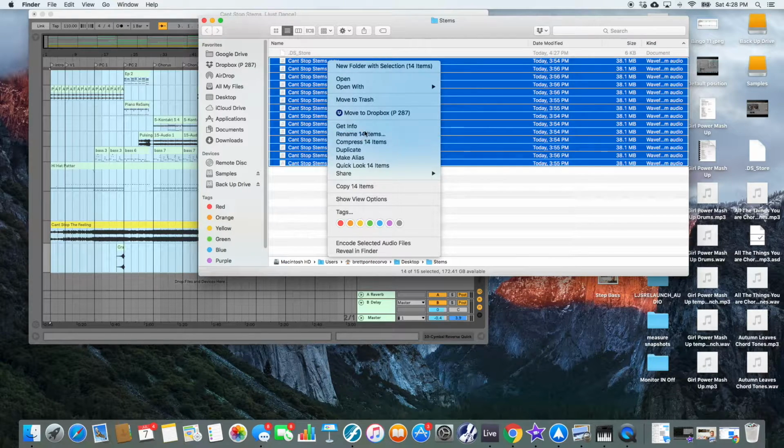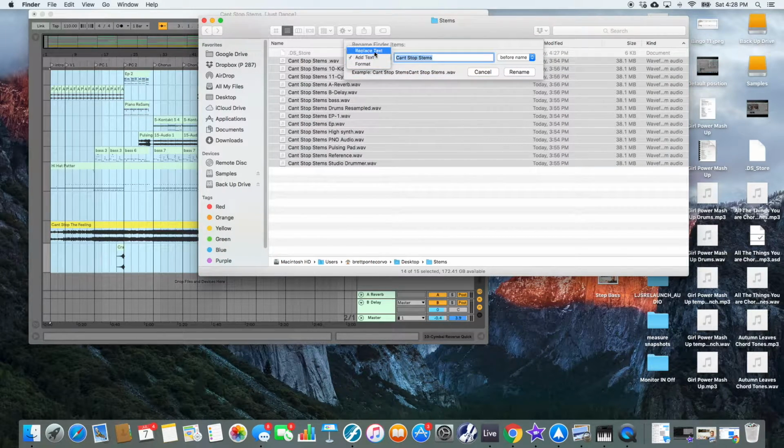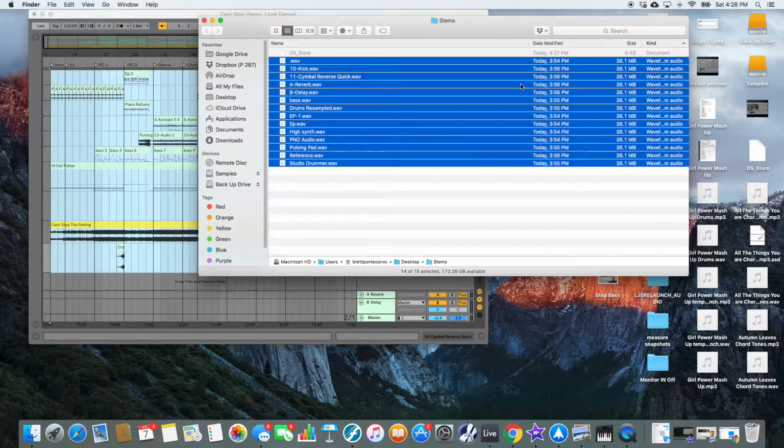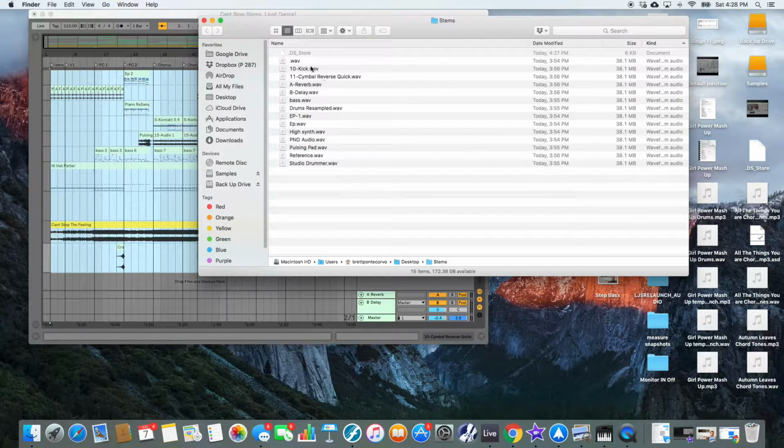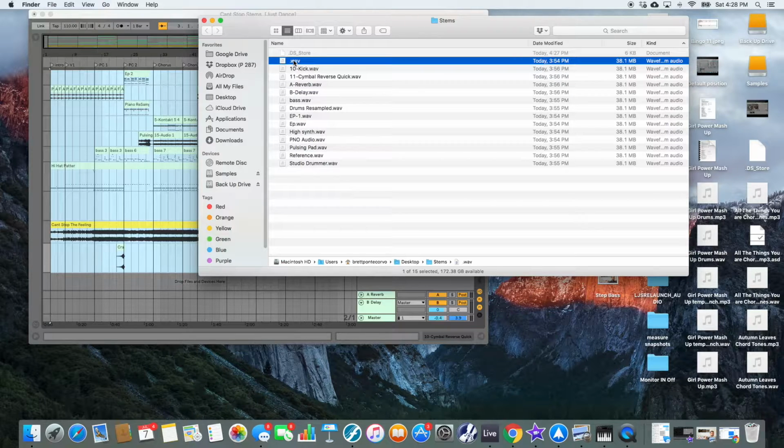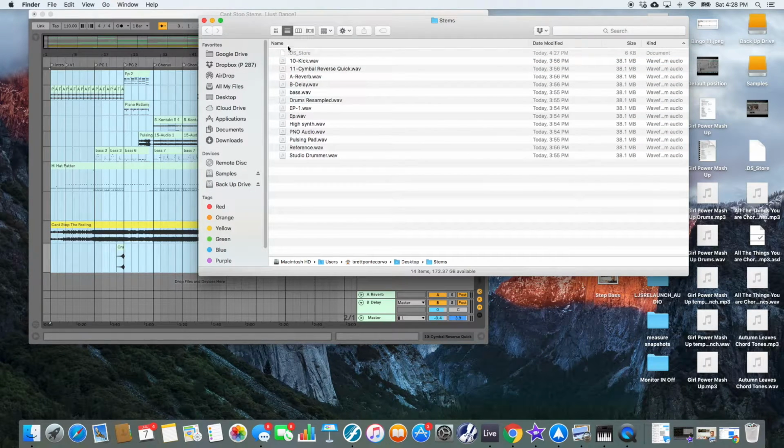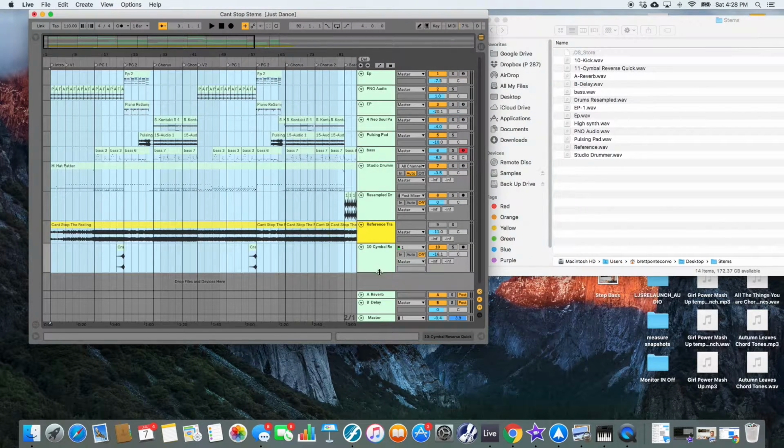So if you hit right mouse click, rename, and we want to replace text, find "can't stop stems." Now when I hit rename, "can't stop stems" disappears because I've replaced it with nothing. Now this here that has no name, this is the master bounce down, which I don't need, so it's gone. Okay, we're going to drag these in now, but first I like to